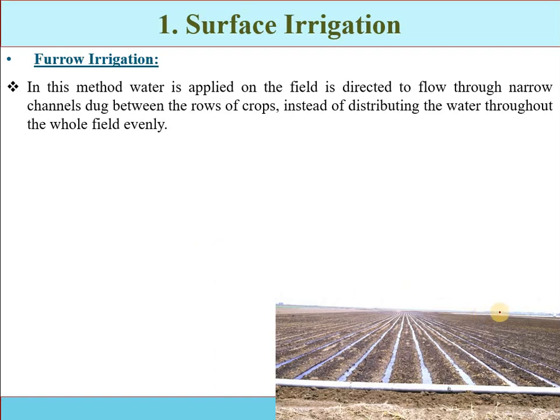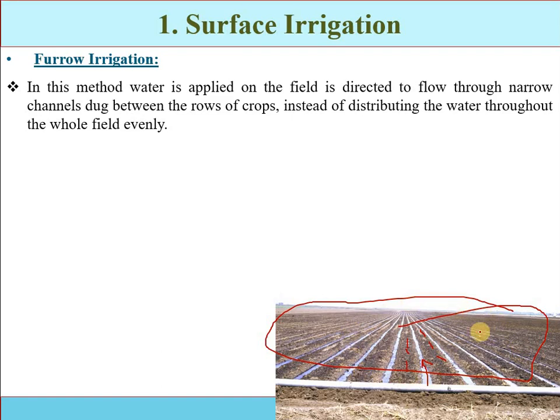See, if we distribute the water throughout the whole field, then the total field area will be exposed to the atmosphere for evaporation losses. So the field is divided into these narrow channels. The crops or the plants will be planted on these ridges, on these levees. The water will be provided to these crops in these channels. So you can see that the surface coverage of the field is almost reduced by 50%, so the evaporation losses are reduced.